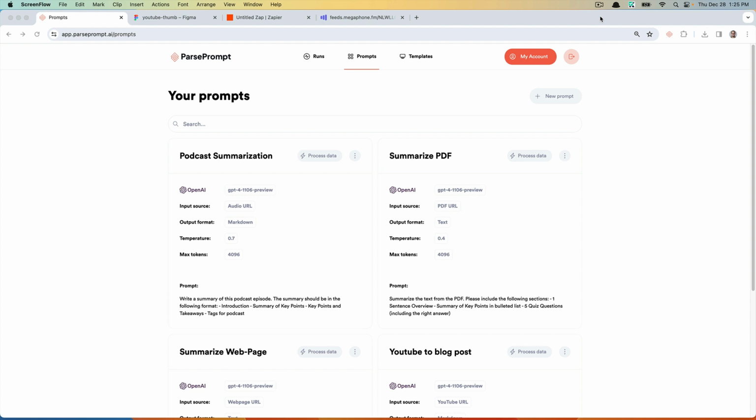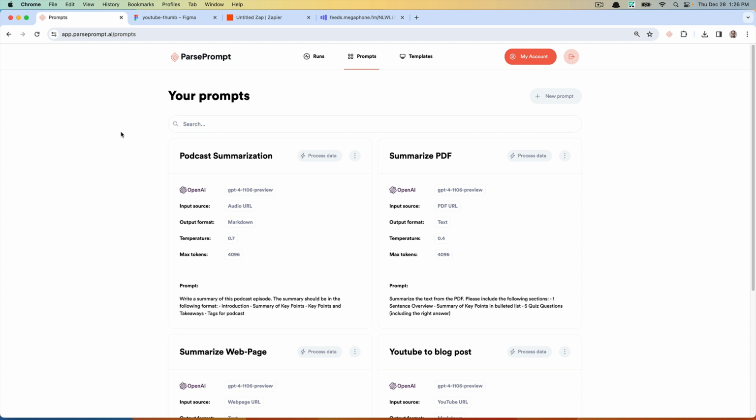In the rest of this video, I am going to take an audio clip from a podcast. I'm going to summarize it in a particular way using AI, and then I'm going to generate an output and show you how you could use this to automatically create a WordPress post, for example, using Zapier and its integration. So in Parseprompt, after I provide API keys, specifically for OpenAI, Anthropic, we also use